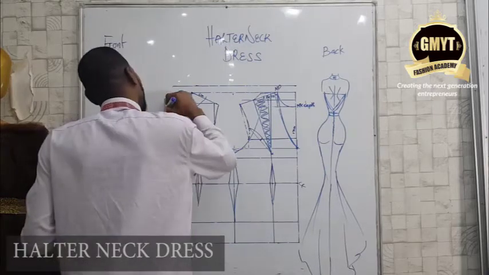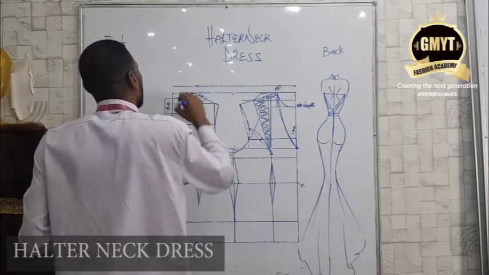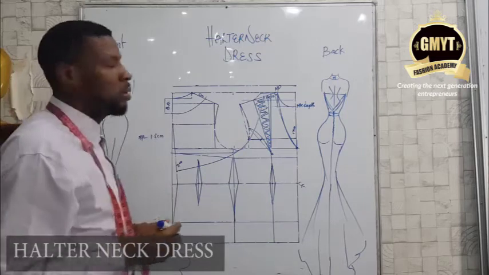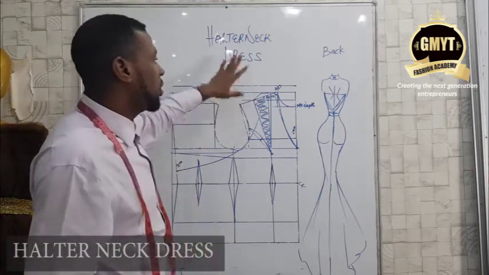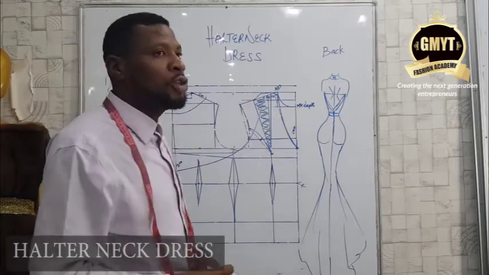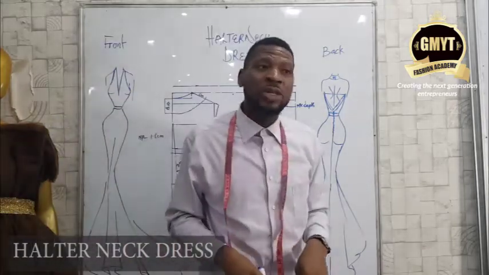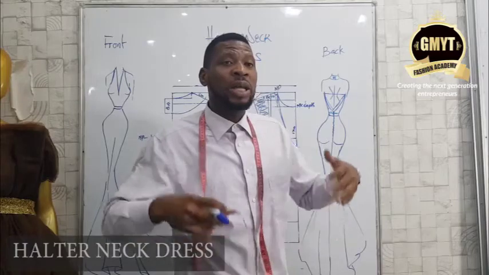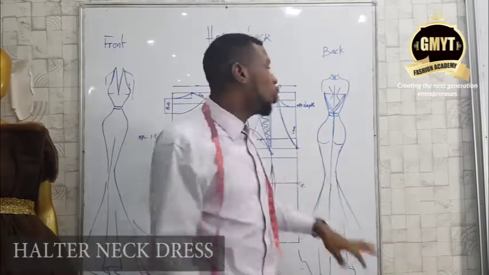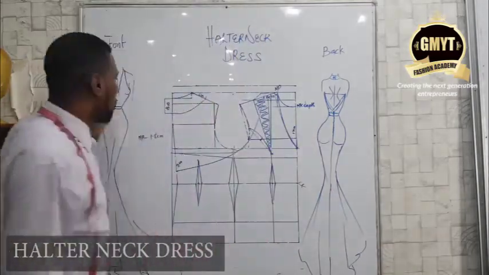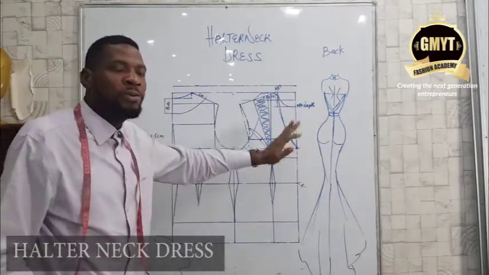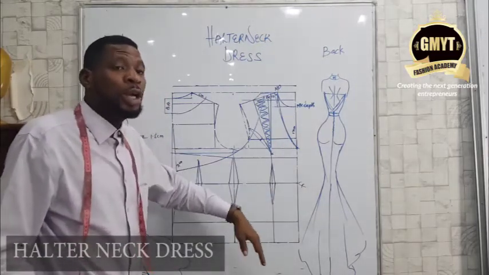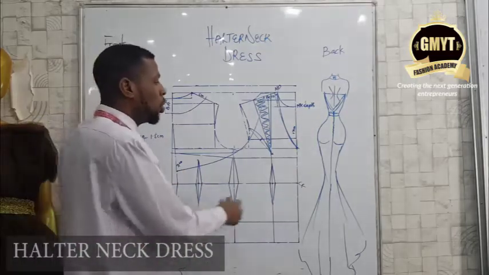So this is your button allowance stand. And that is it about interpreting this pattern to achieve your alternate dress. Don't forget that the alternate dress can come in different shapes. You can decide to do an extended dress, or you can decide to have a cut on the waistline, maybe from here, then do gathers, you can cut flare, you can do pleats, you can do whatever fullness you want from